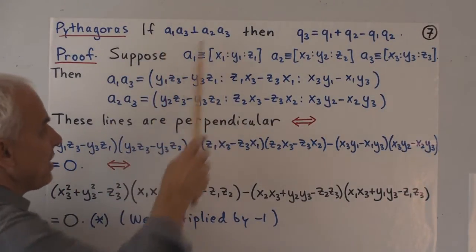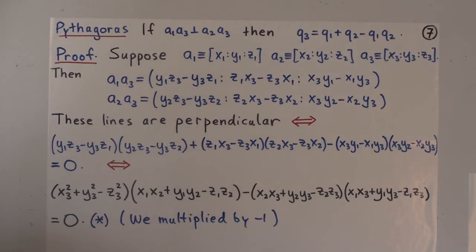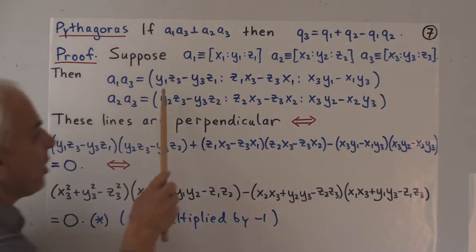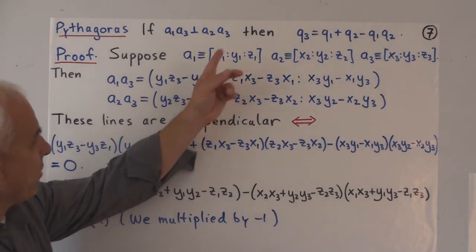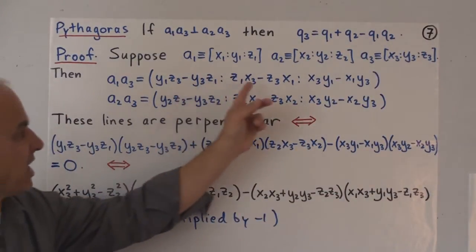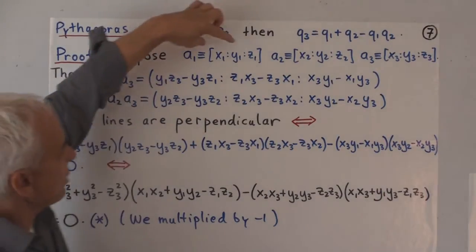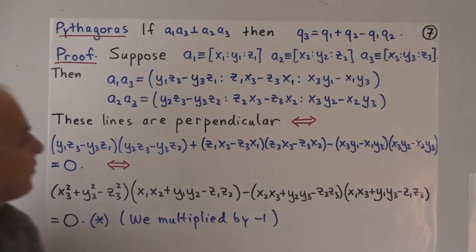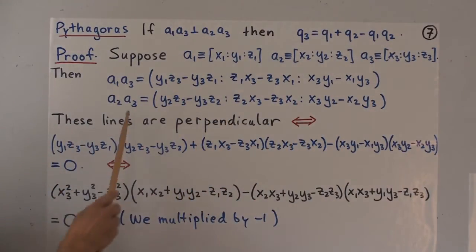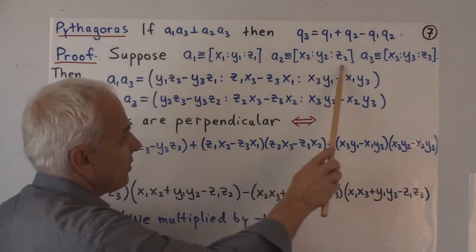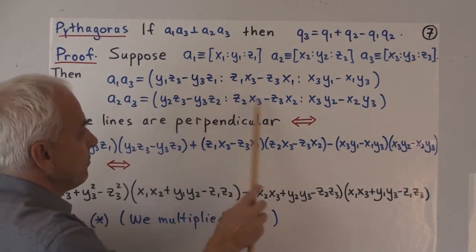Well, this statement here is something about the lines joining those points. So we need to know what A1 A3 is. We need to know what A2 A3 is. And here are those things from the join of points theorem. If we join A1 with A3, then here is essentially the J function applied to these coordinates and these coordinates. That thing, that thing, that thing. In the same way, here's A2 A3, the J function applied to this triple and to this triple.